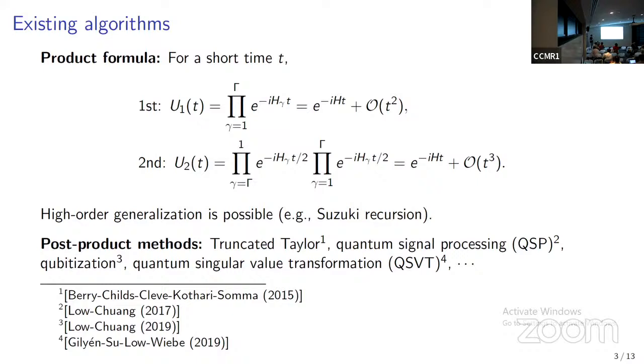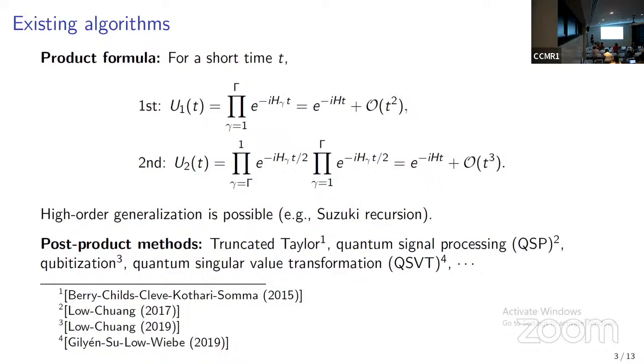And of course, we can make this product formula more accurate. For example, we can make the entire formula more symmetric. That is, we evolve the dynamics from the first Hamiltonian to the final Hamiltonian up to a half time step, and then we go back from the last to the first for another half time step. Then the entire formula will be more symmetric and it will have a better accuracy. So it's a second order convergence. And of course, we can go even higher order by Suzuki recursion or some other recursive